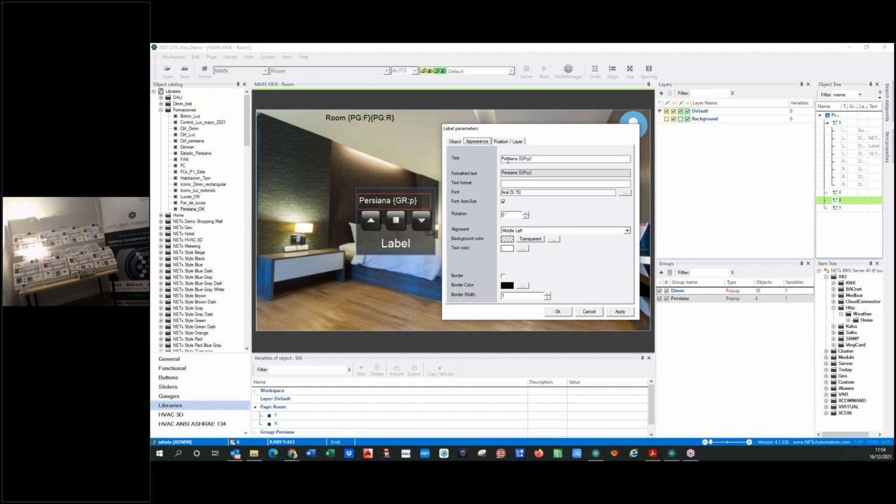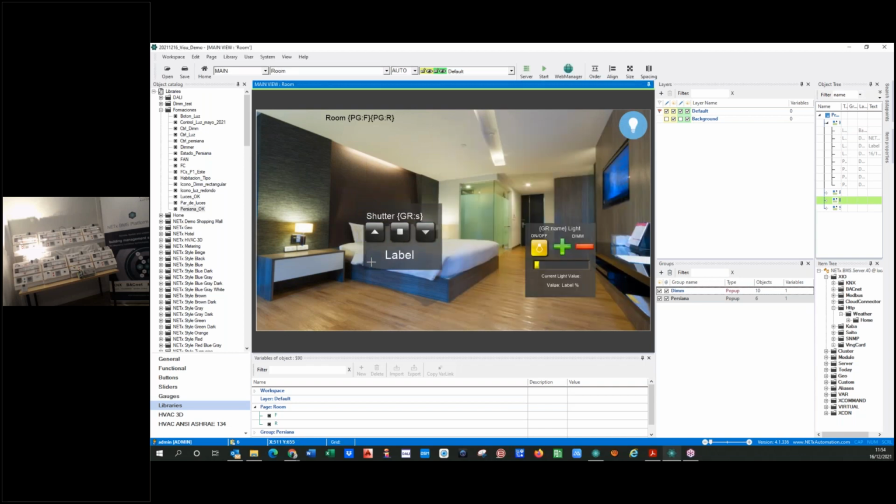I have a background, I have a label, shutter. P is for persiana in Spanish. This is the variable, but I will change the variable, no problem. It's for shutter. Shutter, bath, shutter, terrace. There are two shutters we have, so it's just like this. Okay. So let me just show you that we can